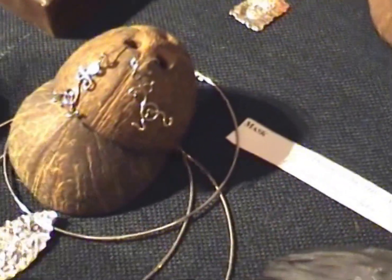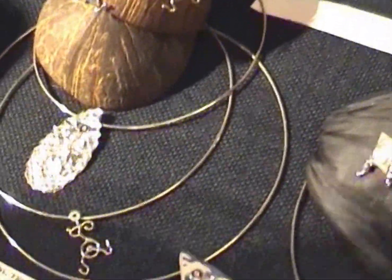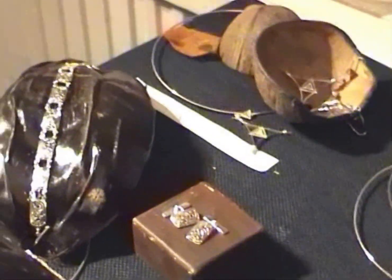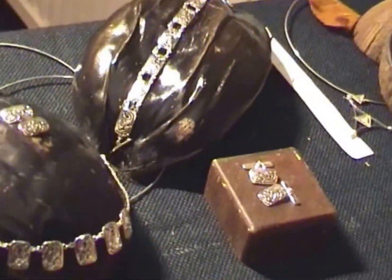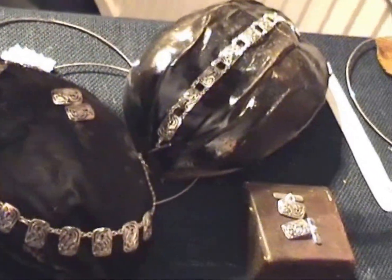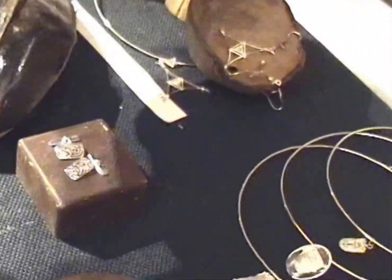And here we have Self-Embracing. And this is about a woman who is nurturing herself from within. And she's surrounded by her own positive energies. And this is a neck piece, the earrings, the bracelets, the cufflinks. And here we have